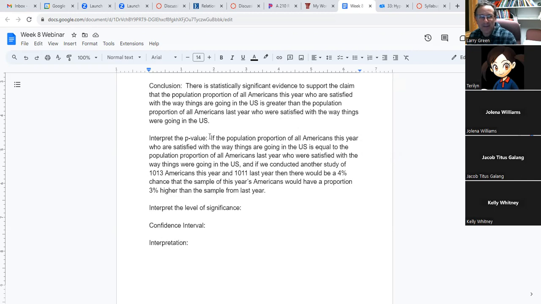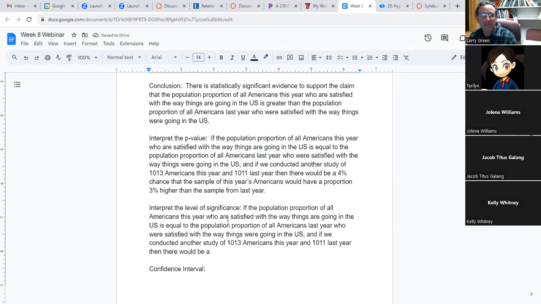Okay, now to interpret the level of significance, and same idea as chapter 9, what I can do is I can just copy and paste all the way up to just before the p-value of 4%. I'm going to copy, I'm going to paste, and say the population proportion of all Americans this year who are satisfied with the way things are going in the US is equal to the population proportion of all Americans last year who were satisfied with the way things were going in the US. And if we conduct another study of 1,013 Americans this year and 1,011 last year, then there would be, we're using a 5% level of significance, so 5% chance that we would end up